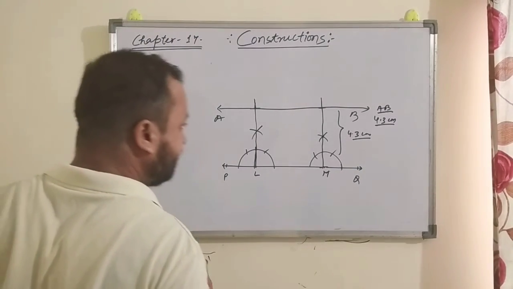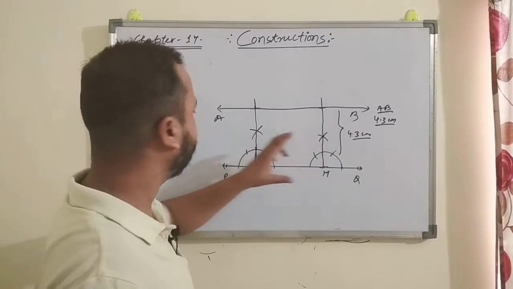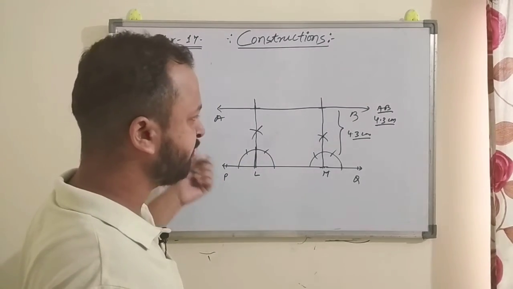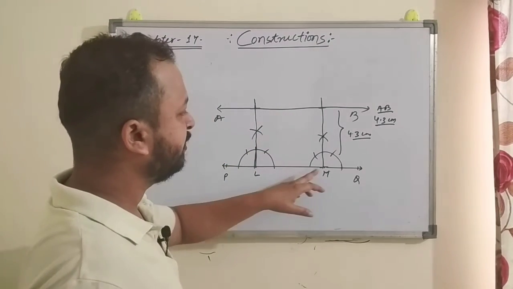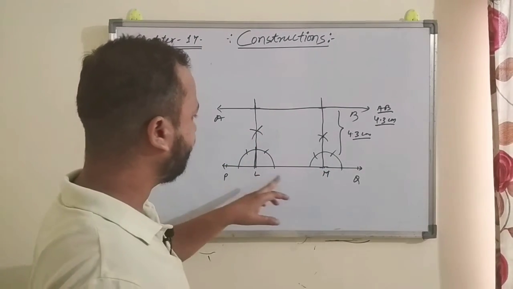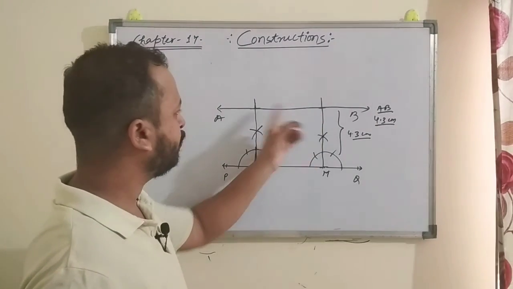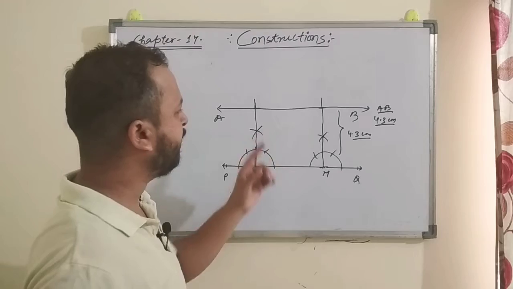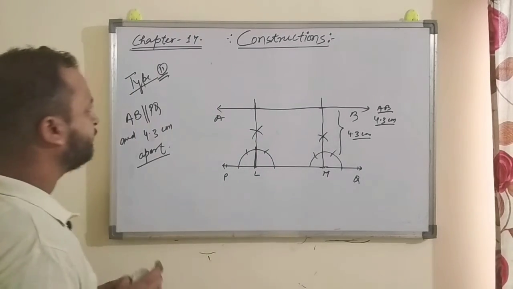take 2 points on the line, draw a 90 degree angle, and measure the given length, which is the difference between these 2 lines. Take the point where you made the 90 degree angles as the centers, draw 2 arcs, and you will get those points. Join them and extend both sides, and you will get the line.